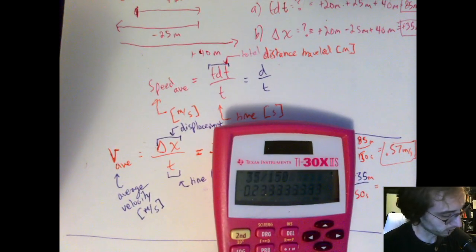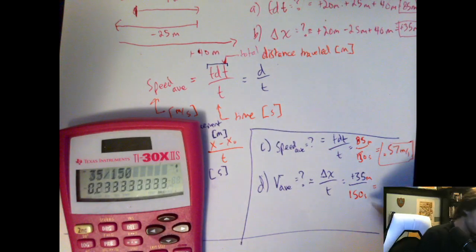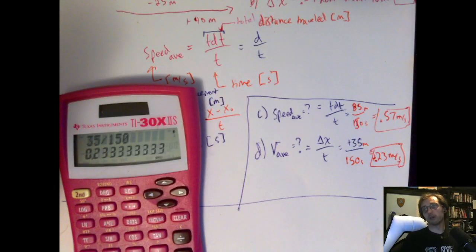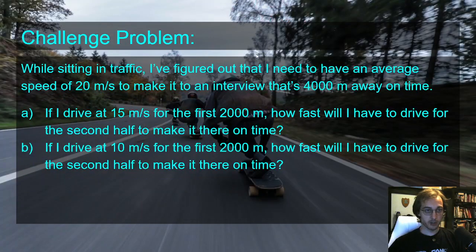35 over 150 gives us 0.23. And I am going to include the positive sign to show that it is 0.23 going forward. I wouldn't mark you wrong if you didn't include it, but it certainly does a better job of communicating what's happening to anyone who's looking at your answer. So that's it. If you followed that, you're in pretty good shape. I do want to make sure that we talk about this last bit,